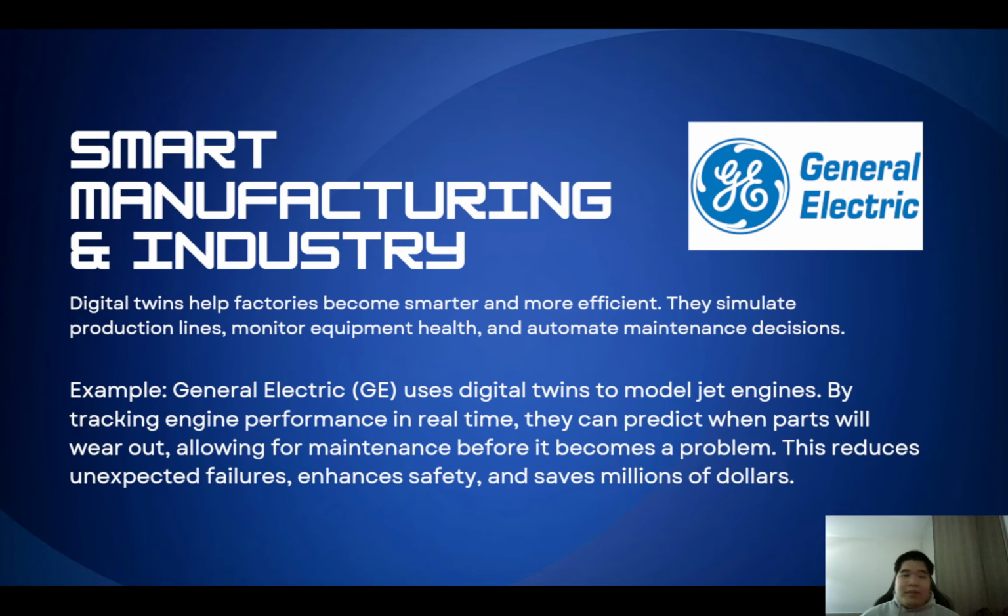Okay, first example is from General Electric. It is the topic of smart manufacturing and industry. The digital twin will help factories become smarter and of course more efficient. It simulates production lines, monitors equipment health, and also automates maintenance decisions. For example, like I said, General Electric, or GE,